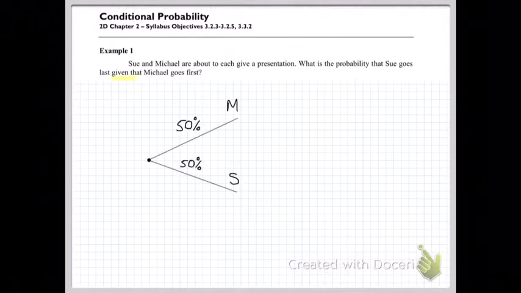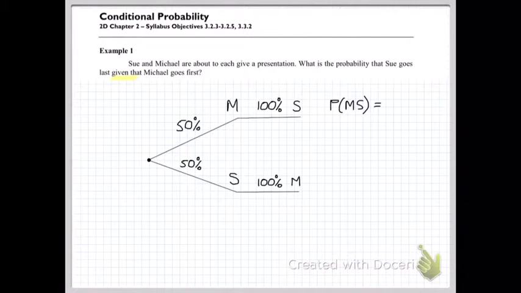Let's look at it, first of all, without worrying about this condition. We know intuitively that there's a 50% chance of either Michael or Sue going first. If Michael goes first, then there's a 100% chance of Sue going second, and the same kind of thinking applies if Sue goes first. So if we work out the probability of Michael first and Sue second, the numbers will